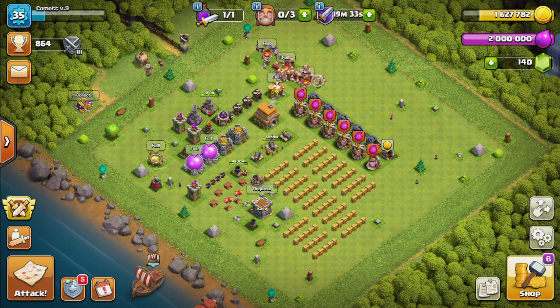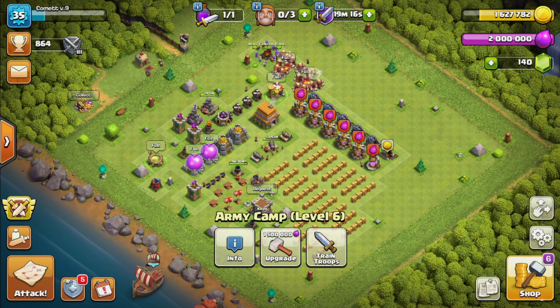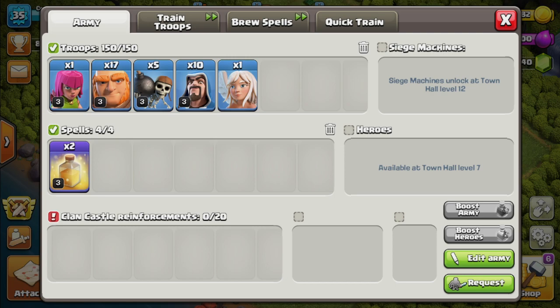Today we are back on my Town Hall level 6 account because I want to share with you one of the most powerful armies that you can play at this level. In fact, this is by far the strongest ground attack that you can use, and I'm talking about the giants and the wizards. But I do have a special variation for you so that you can avoid time failing in